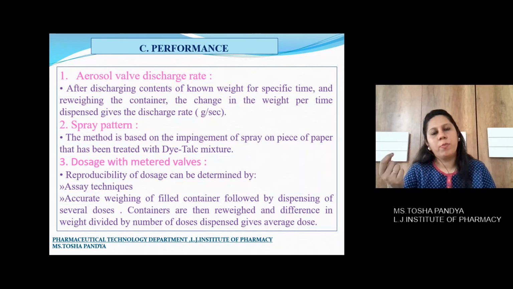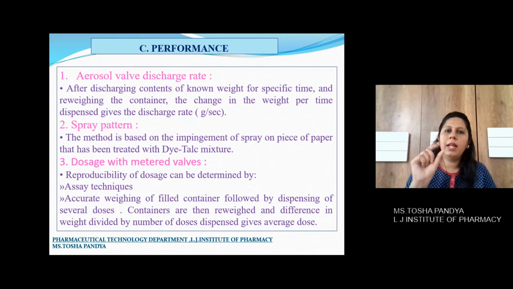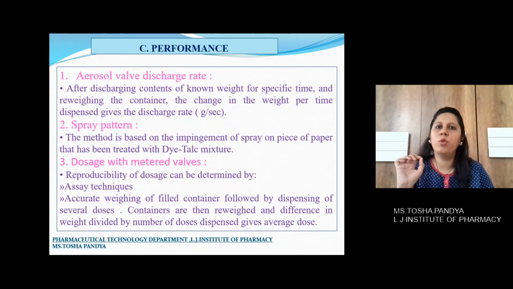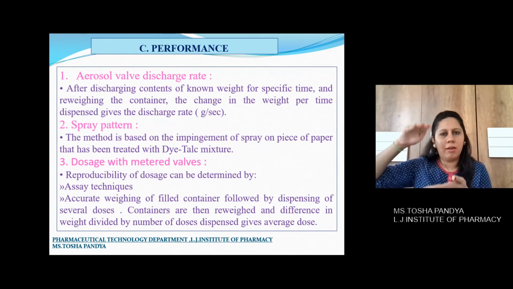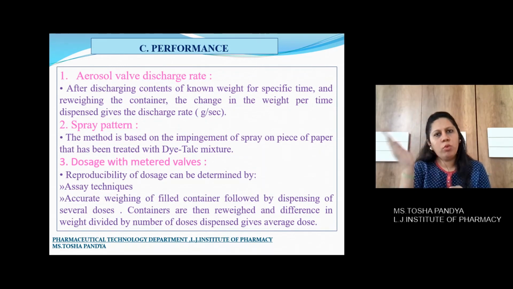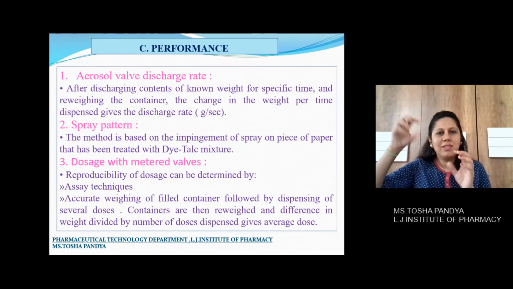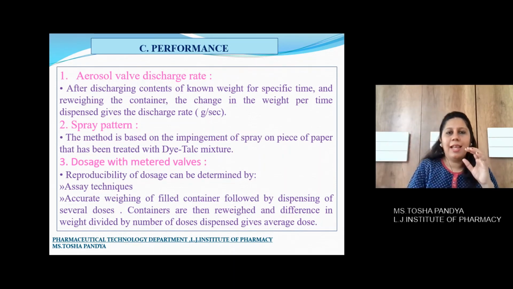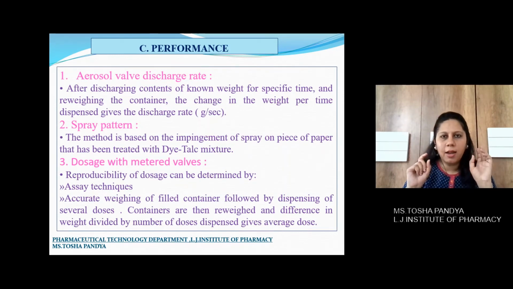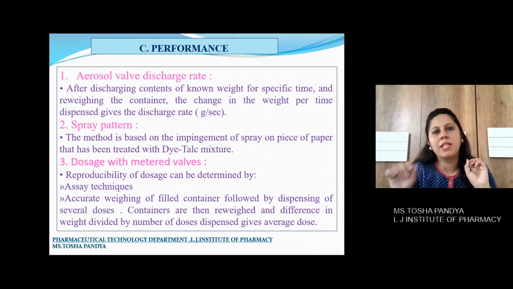If you have seen any asthma spray, first of all, in the product leaflet they have written that you have to go for the priming doses. Priming doses are there to remove the excess dose in the beginning, which is waste, because we have filled the contents under pressure. So 2-3 doses are the priming doses. You expel the extra amount, which is just the excess air in the container, and then the actual spray is done, and that spray is examined for how much amount of the drug is dispensed in a particular spray.